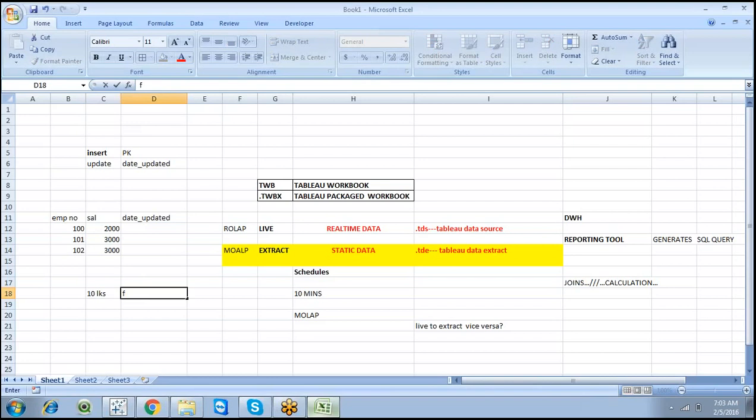Full refresh does not work in this case. So just go with newly loaded records, that is called an incremental refresh.